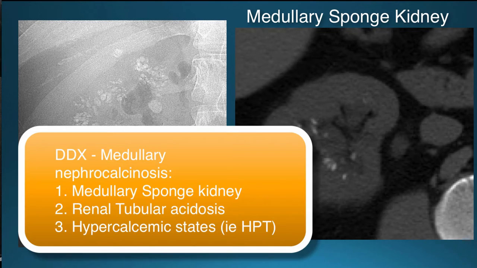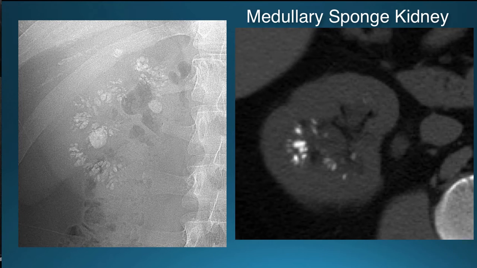Of the differential for nephrocalcinosis or medullary nephrocalcinosis specifically, there are three general categories, including medullary sponge kidney, probably the most common, along with renal tubular acidosis and thirdly, conditions of hypercalcemic states, including hyperparathyroidism. Medullary sponge kidney, unlike the other two broad categories, is one in which the underlying pathology is anatomic,